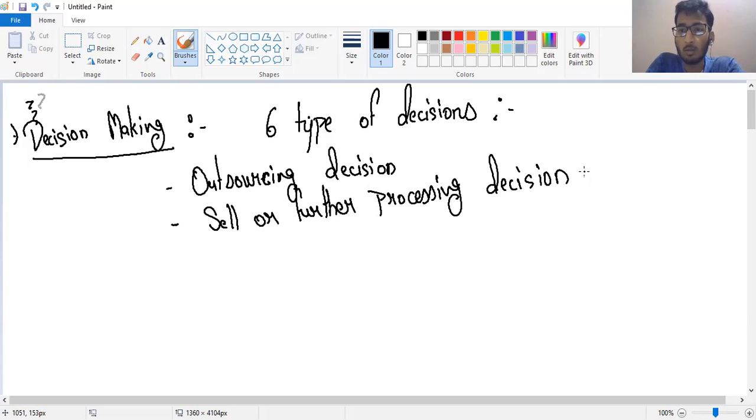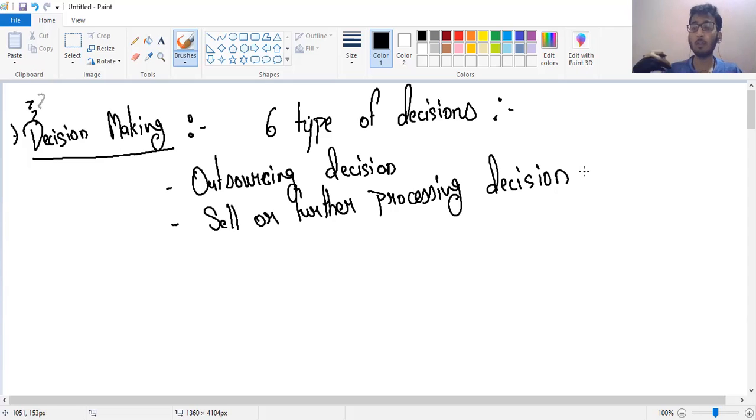So I need to take the decision whether I should sell milk, or sell paneer, or I can sell curd or buttermilk or whatever. I need to decide whether I should sell milk as raw milk or further process it, make curd, paneer and other things, and sell those. That decision would be the sale or further processing decision. So I would analyze all the further processing costs, and I would analyze the revenue after the further processing.